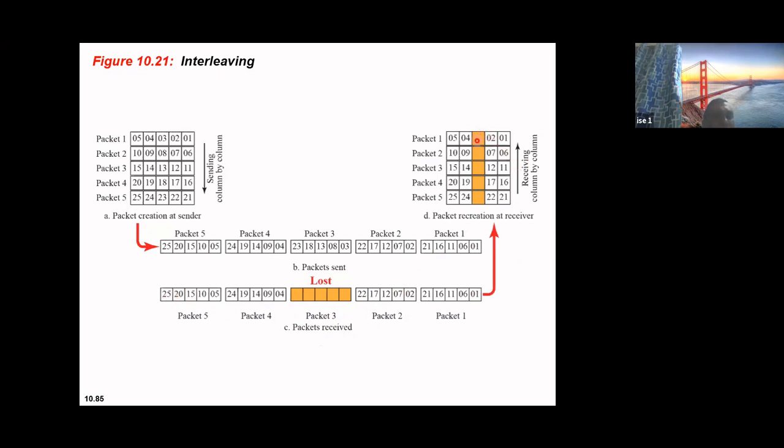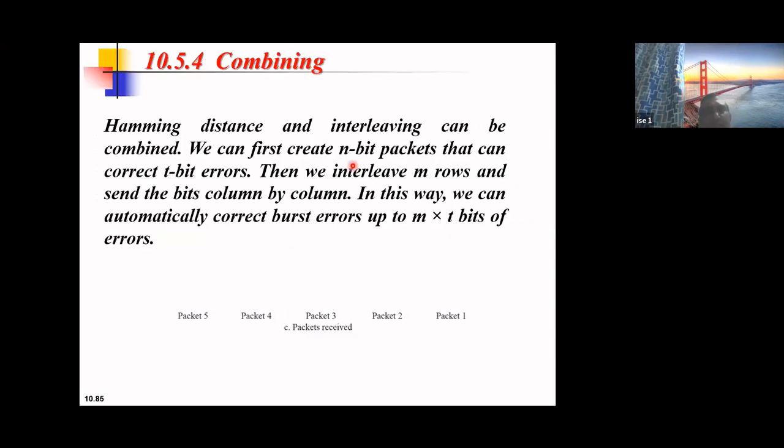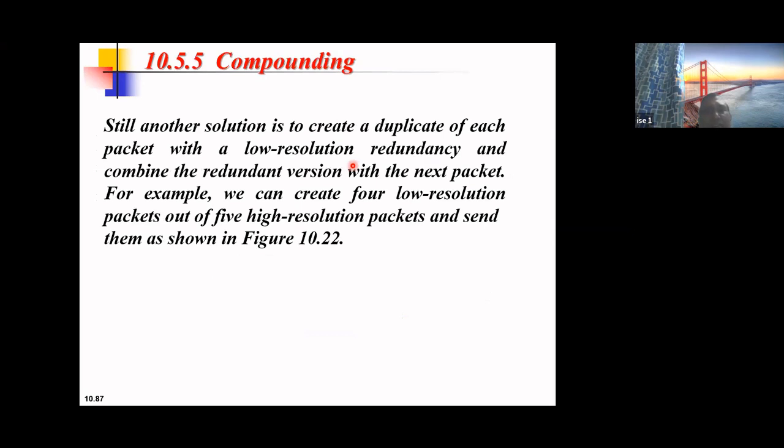Have you understood? So now again I am arranging it column wise. So this comes in column 1, this packet 2 comes in column 2, and packet 3 comes here, packet 4 comes here, and packet 5 comes here. Now, do I have any mechanism to recover this data? Okay, so we can recover.